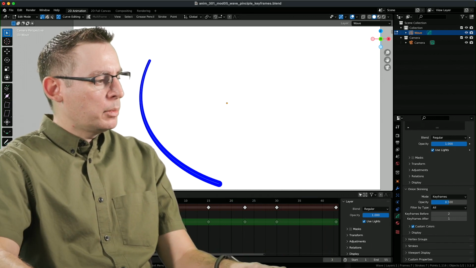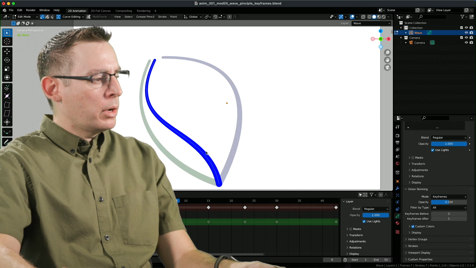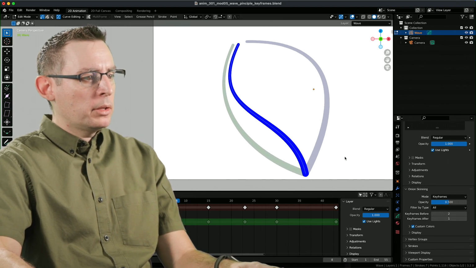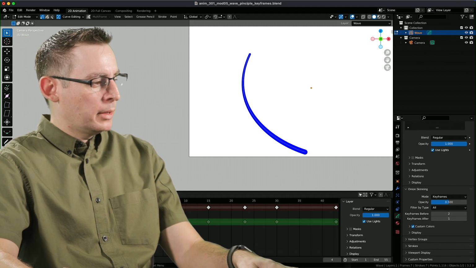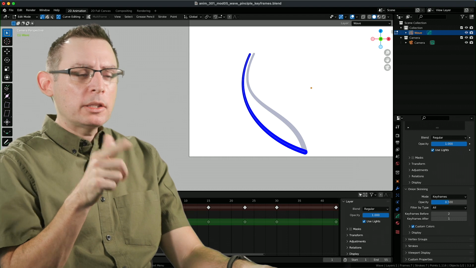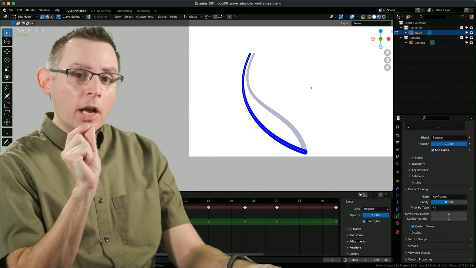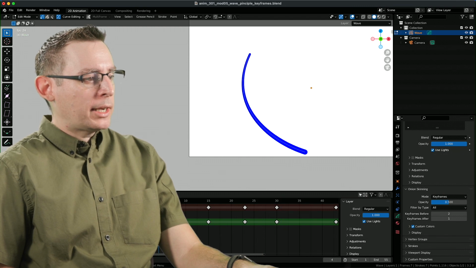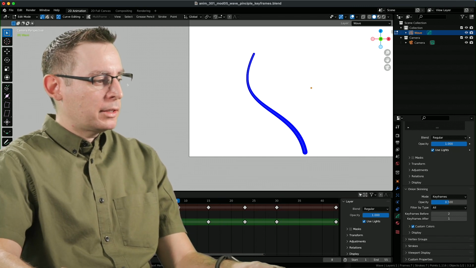Yeah, I'm liking that. There's some good things in here. I can tell that I already want to make the weight of this a little bit different. As I played the animation, my little spidey sense was tingling. I think all of us animators have a spidey sense, something in our brain that's saying, look at this a little bit more carefully. There's something not quite right here. And my spidey sense was tingling on that second drawing right there. Let's go back and fix this second drawing.